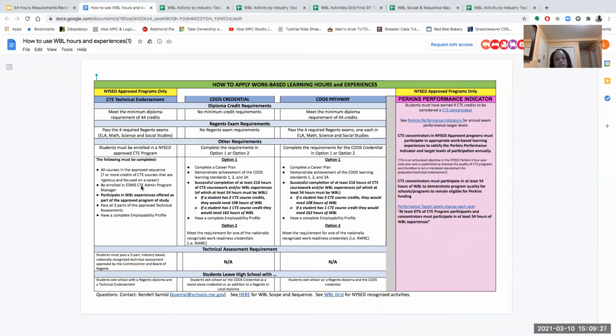Once we move into the CDOS credential, you'll recognize that there is no minimum credit requirement to receive the credential for CDOS. There's no Regents exam requirement. However, they must complete the requirements in option 1 or option 2 of CDOS, and those 2 options are outlined in front of you. Option 1: complete the career plan and demonstrate the achievement of the CDOS learning standards 1, 2, and 3A. They must successfully complete at least 216 hours of CTE coursework and/or WBL experiences, of which at least 54